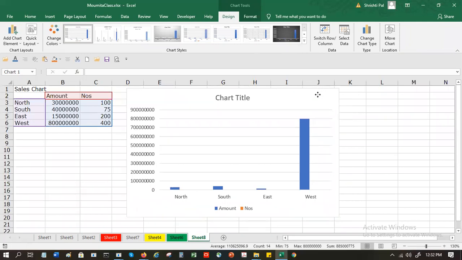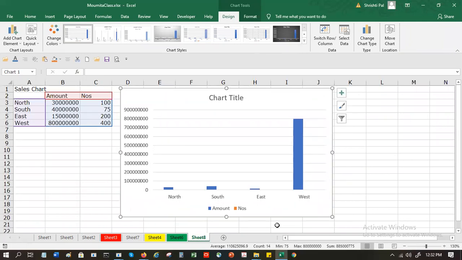Now, as per Excel, it has found two variables, one called amount, one called numbers. Amount is in blue, numbers is in orange. But I don't see the orange here. Why?